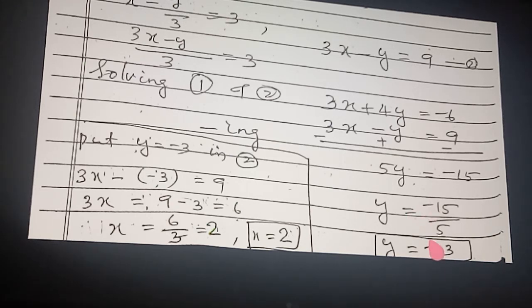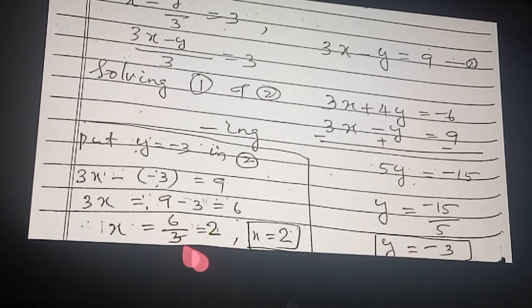Only one minus coming minus, 2 minuses coming plus, 3 minuses coming minus. So here how many minuses? 2 minuses came now. So what will it become here? The total term plus 3. So that plus 3 coming to this side will become minus 3. 9 minus 3 is equal to 6. So 3x is equal to 6. Therefore x will be 6 by 3, that is equal to 2. So what is the value of x? 2. So you got the solution now. x is equal to 2 and y is equal to minus 3.